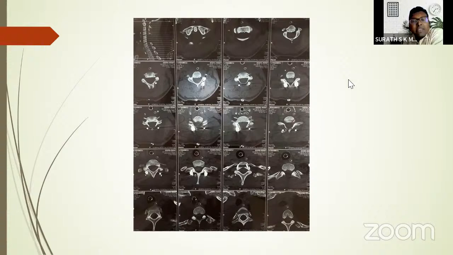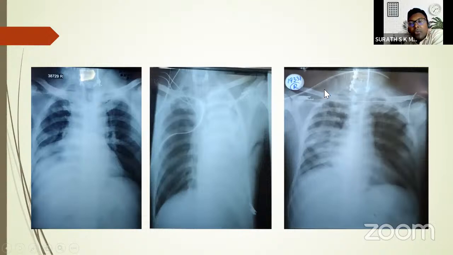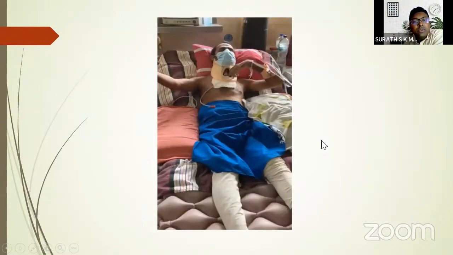So, I mean, it's a big problem worldwide, whether you are in an affluent country or in a resource-restricted country, as we said. Again, in this patient you can see the complications. This is immediate post-op, and you can see the whole left lung is collapsed. This is after 10 days, and again he was just recovering. So this is him at 1 month post-op on a tracheostomy, with very minimal improvement neurologically.